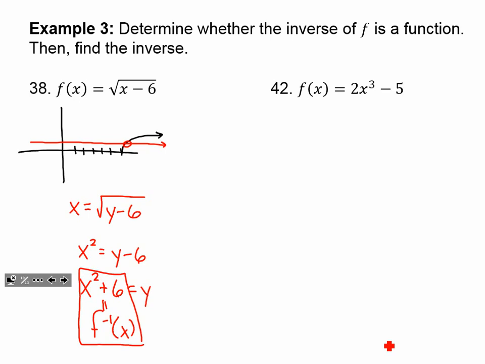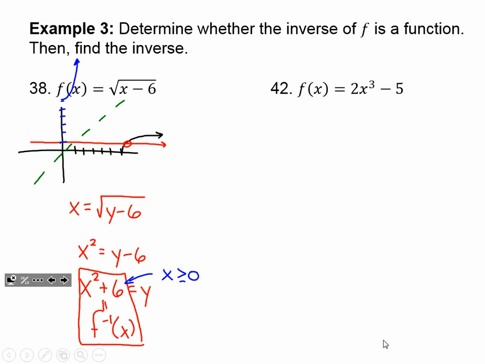All right, so x squared plus 6, though, that is a parabola. So I'm going to have to restrict the domain, because if I were to draw in a parabola that's up 6 units, that is definitely not symmetrical to the one loop I see on my square root function. So I need to make the claim that I can only have this inverse when x is greater than or equal to 0. Because I don't want the left part of this parabola, I just want the right part in order to have that symmetry that we want. Okay, so the graphs do tie in, and your calculator can be a great help to graph these accurately and quickly.